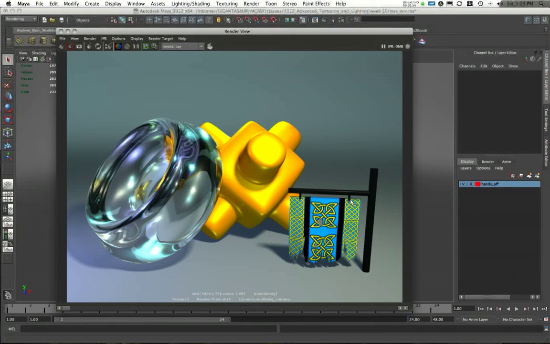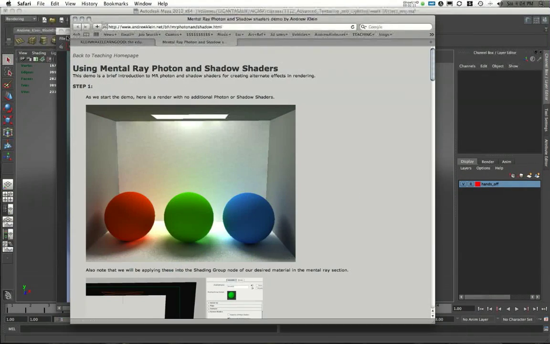I also have this victory banner. I could see this being used in a game environment or something like that. Just a quick texture I created. I ripped it out, and you'll see that shadows are also cut out as well. Just one note about cutting out shadows like this when using Mental Ray. You have to make sure that you're using a Mental Ray shadow shader to be able to cut out the